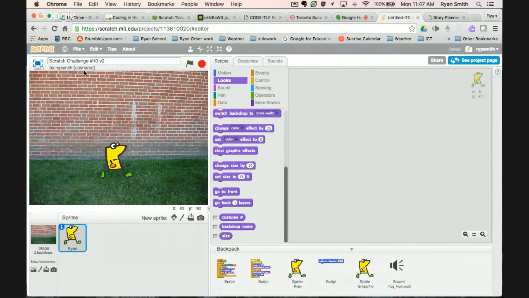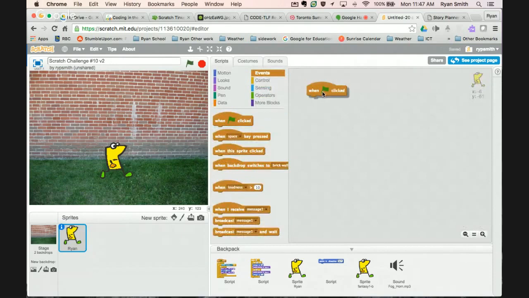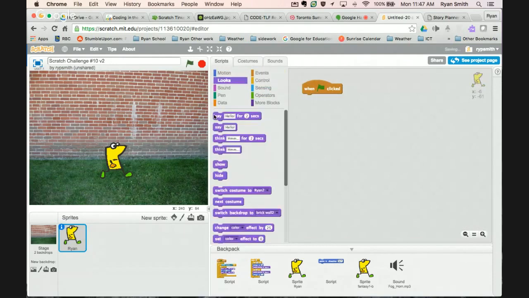So what we're going to do is take a go at Scratch Challenge number 10 and do another way of doing a choose your own adventure, except this time using broadcasts. So like before, we're going to get started by when the flag's clicked. Let's welcome people to our activity. So we'll say